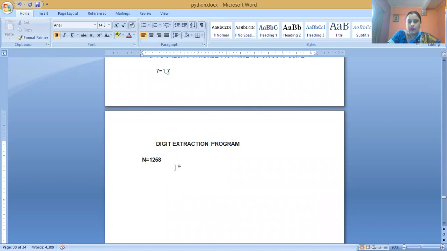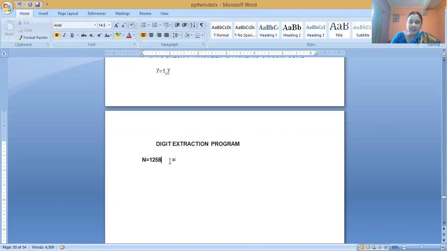So that is the process for extracting the digits from a number. We extract the last digit, and the size of the number decreases, one place at a time. Again we take the remainder, and again the size of the number decreases. This process will continue unless the number becomes zero. If the number equals zero, then the process stops.